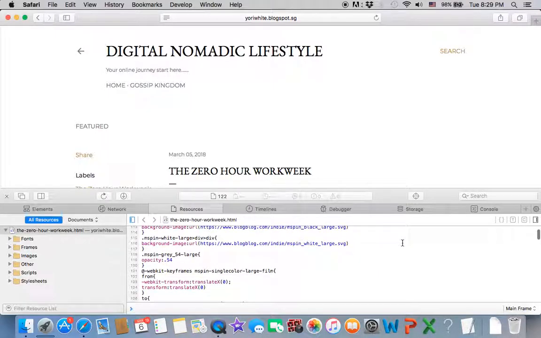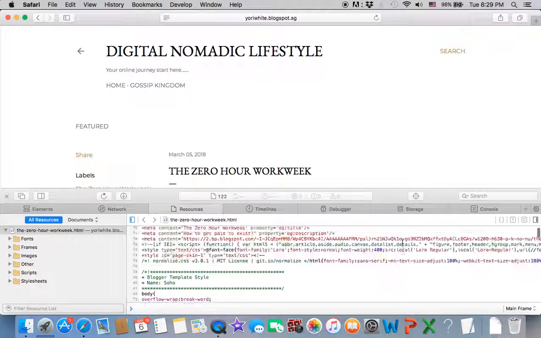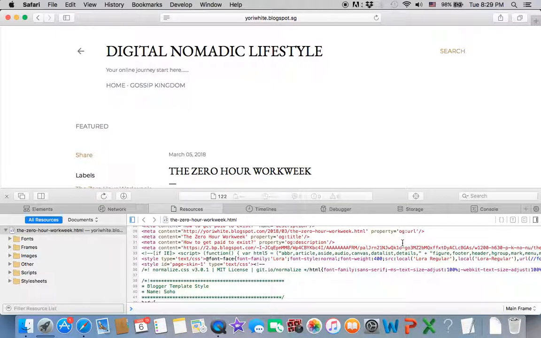So basically this is all I want to share with you on how to view the page source behind a